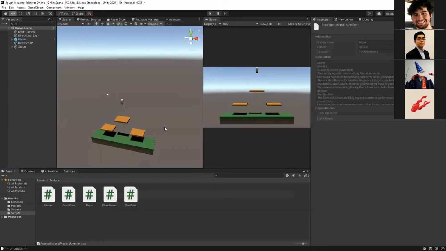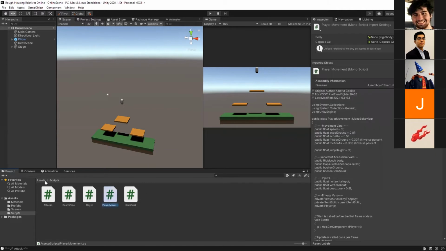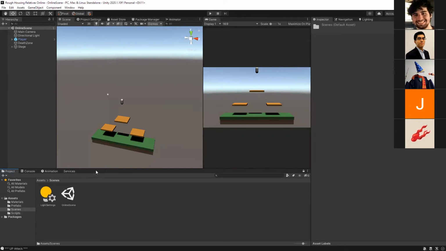So this is a brand new project, and all I did was drag and drop in the .unitypackage file. I got a single error that was complaining that the sample scene conflicted with the scene that I had. I just ignored it and deleted the sample scene. But otherwise, that's all I did here. So I'm going to assume you have the package installed and you have the scene looking like this. It's called the online scene, and you can delete the sample scene that Unity gives you.